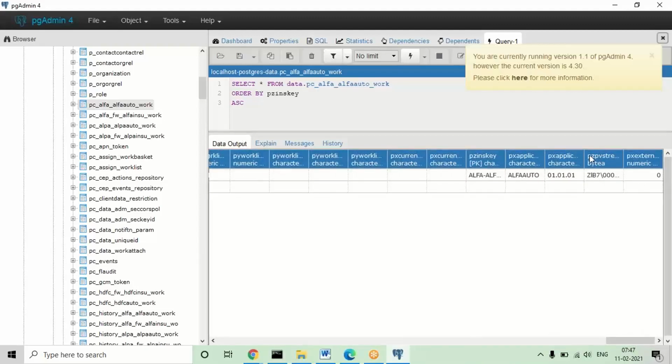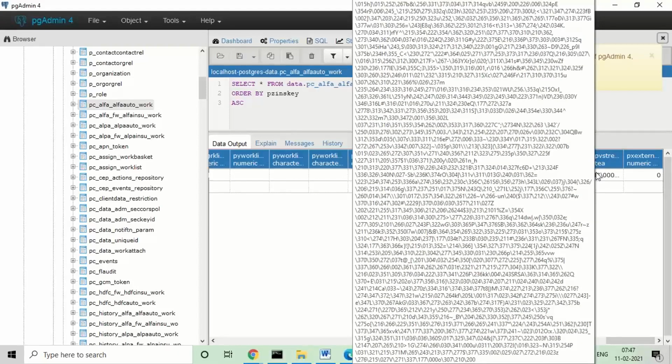And where the data is connected: in this table there is one column called pzPVStream. But physically we cannot see the records here. All the data is saved in binary format in this column called pzPVStream. Physically we cannot check the values I submitted. If we want to check in the developer environment, we'll use a tool called Clipboard tomorrow. There we can check. But in the background, this data is saved in an encrypted format, and from here later we'll connect to the data tables.